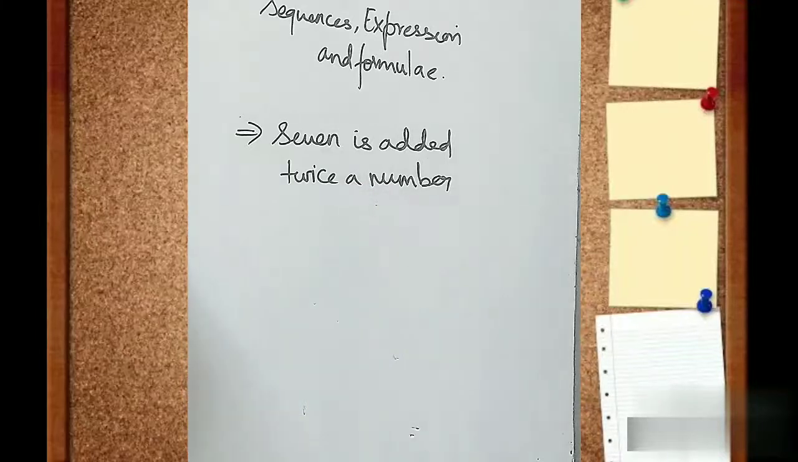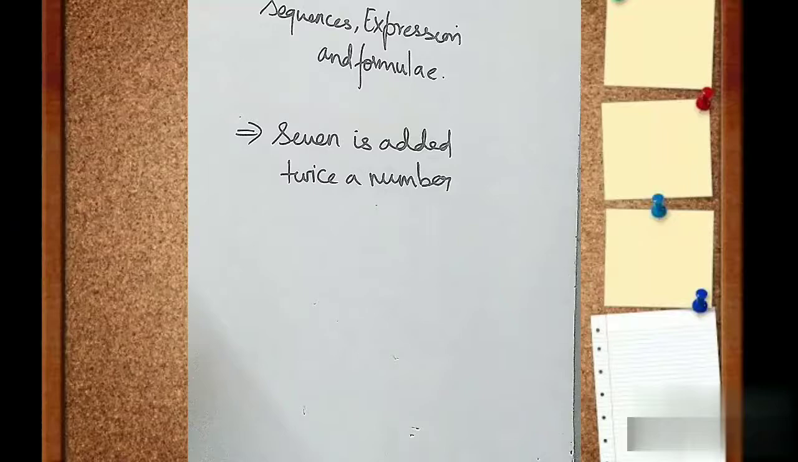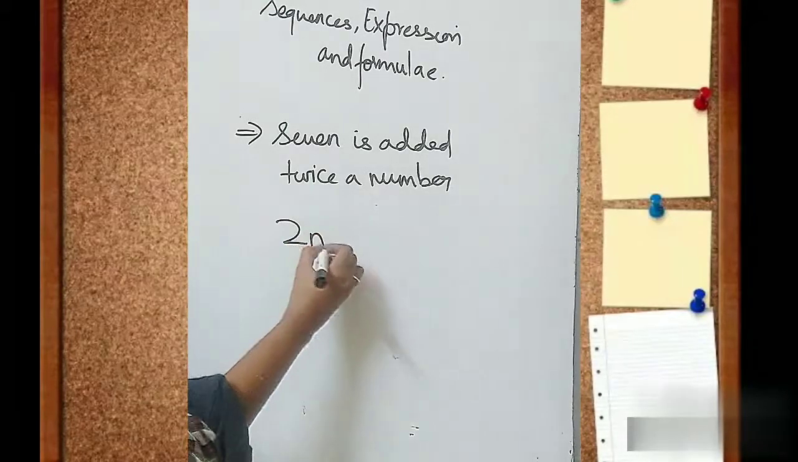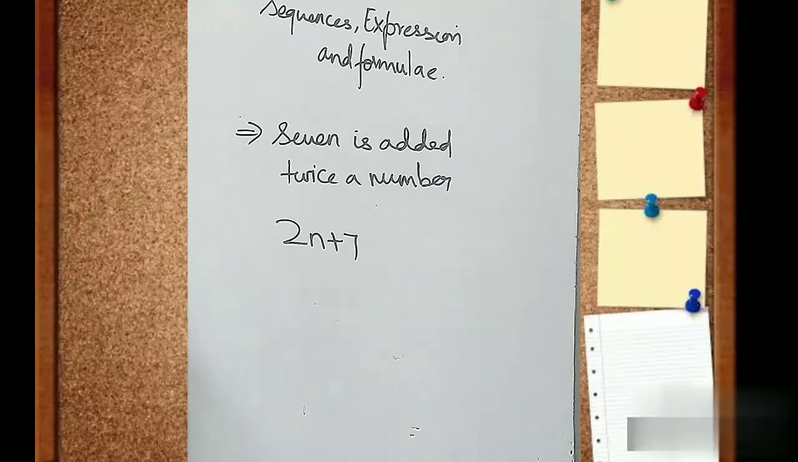And twice means what? You may have studied this in your 5th standard. Twice means when you multiply by 2. So I'll say 2n plus 7. So this is the expression, student. Always remember,